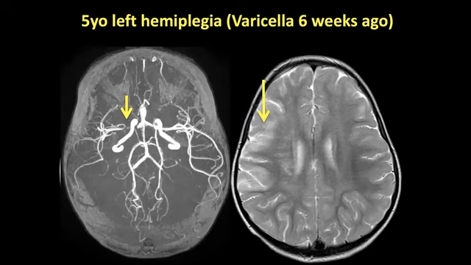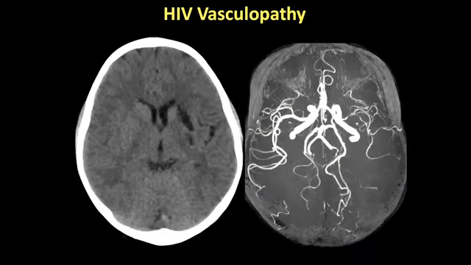I'm not going to be covering, obviously, chickenpox encephalitis, which would be seen in the acute phase of chickenpox with acute encephalopathy. In my setting, in a country with a very high incidence of HIV, when we see a focal infarct, we always consider that the child may be HIV positive. It's usually due to a primary vasculopathy of HIV.